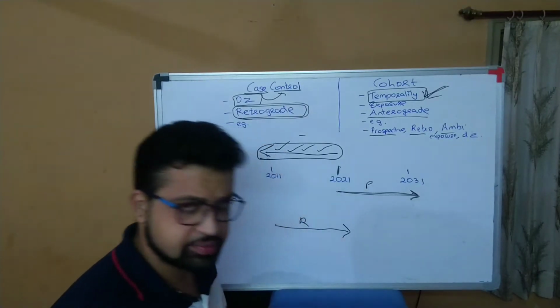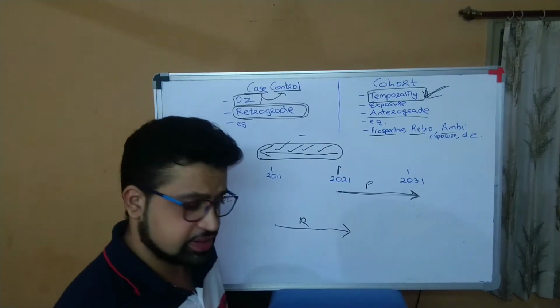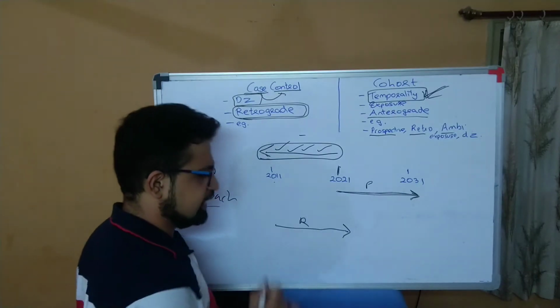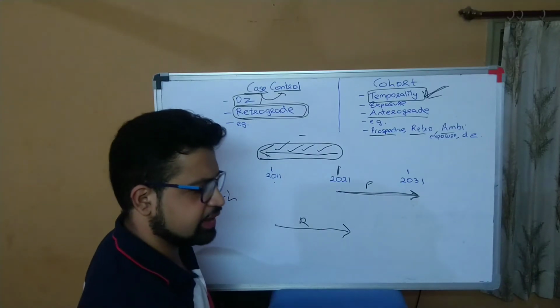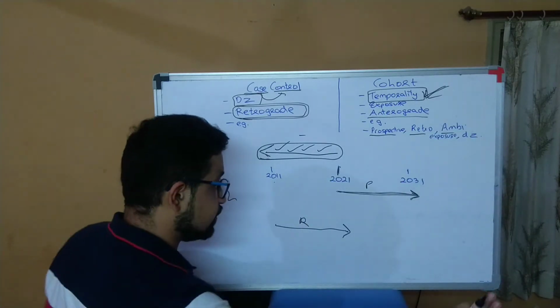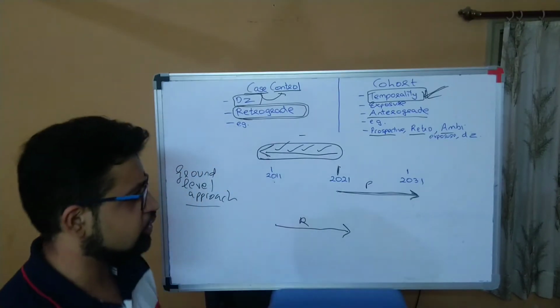Forget about the current time. You are in 2021, but you will switch back. You will time travel to 2011. You will obtain all the records, and you start the study from 2011. Then you see the records of 11, 12, then 13, 14, 15, 16, and you are going in the forward direction. Am I making sense? This is the core concept.